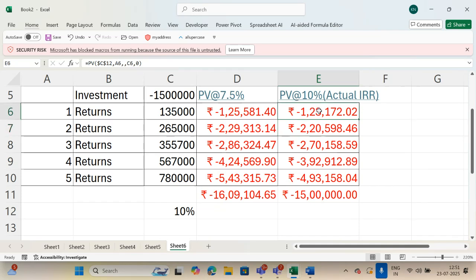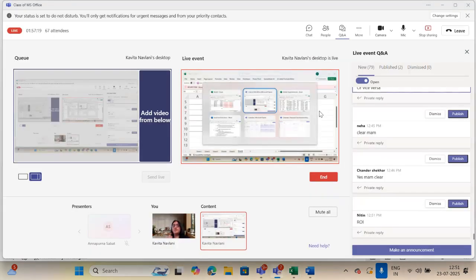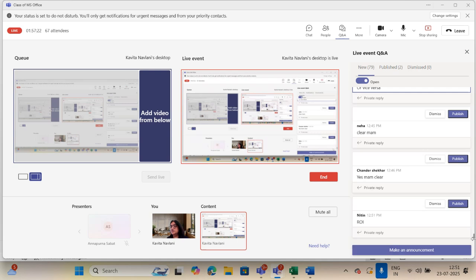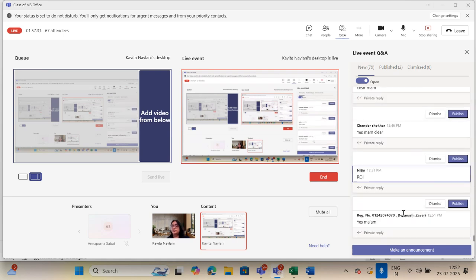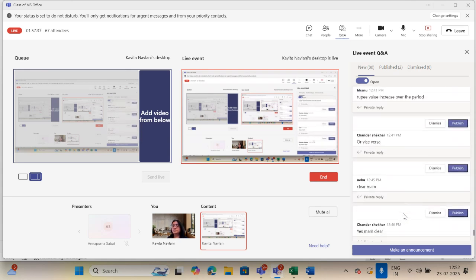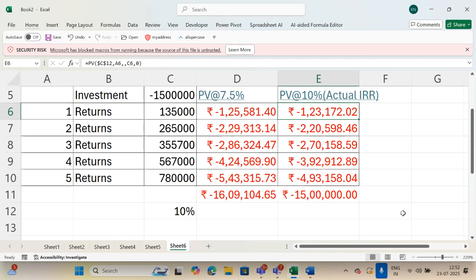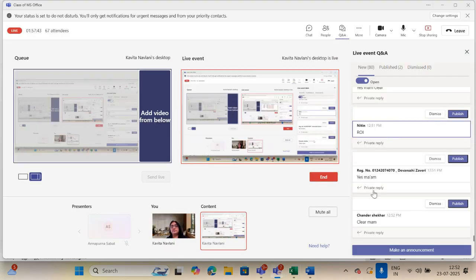Okay, do it, please. Chandrasekhar, Nitin, and the students who are already in the class, please answer me, because some silent students are there. I'm not sure why you are silent, but you should interact with the faculty. Otherwise, how can I understand whether you are getting it or not? Is it clear?